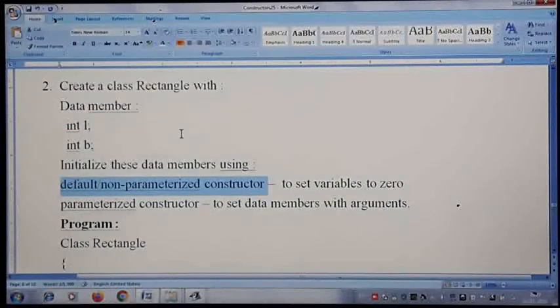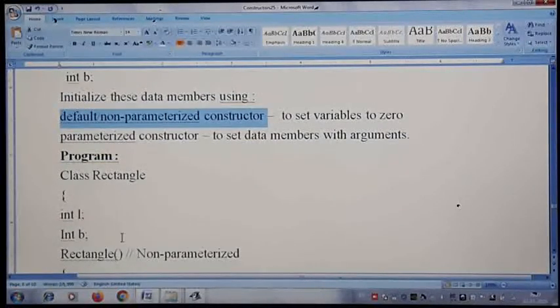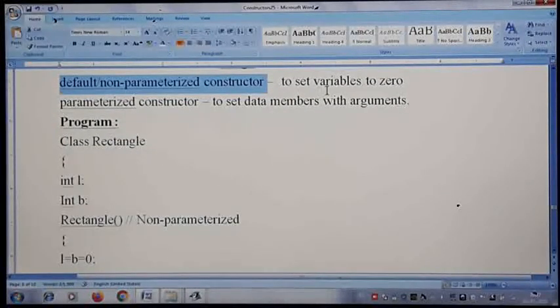That's what I told you: in Section B you get questions like this. Sometimes they don't even mention non-parameterized, they just say default. It means you have to write one non-parameterized constructor. So I am writing one default constructor, with no parameters, where we are going to initialize the variables to 0, as given here.